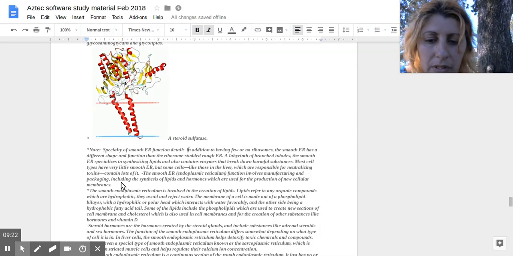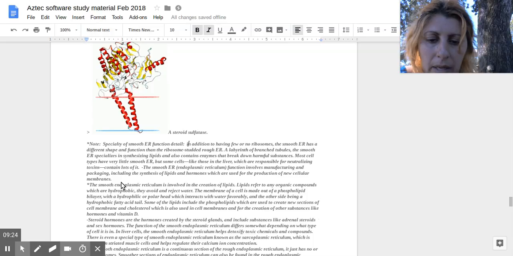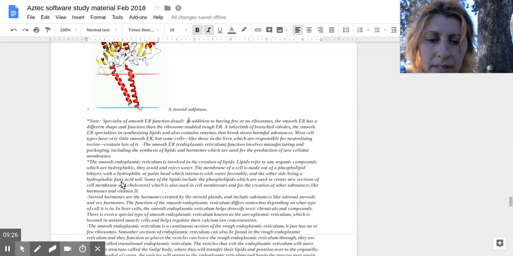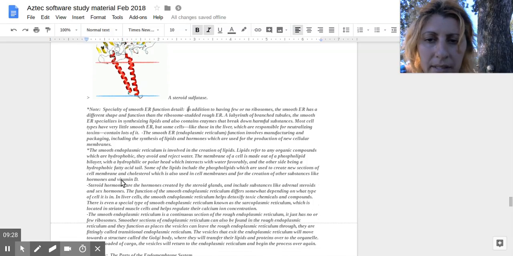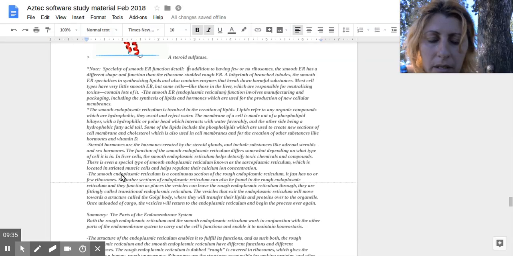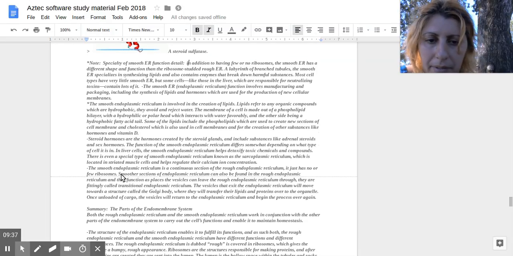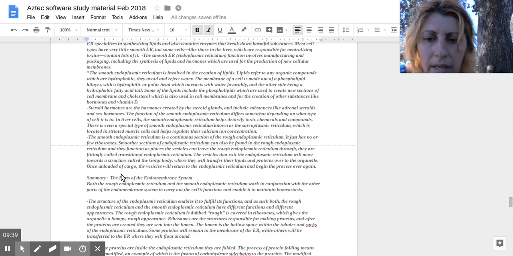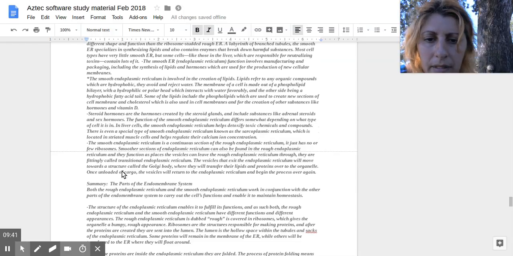The function of the smooth endoplasmic reticulum differs somewhat depending on what type of cell it is in. In liver cells, the smooth ER helps detoxify toxic chemicals and compounds. There's even a sarcoplasmic reticulum, which is abundant in striated muscle cells, helping regulate